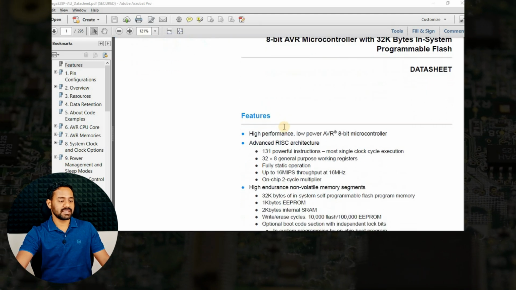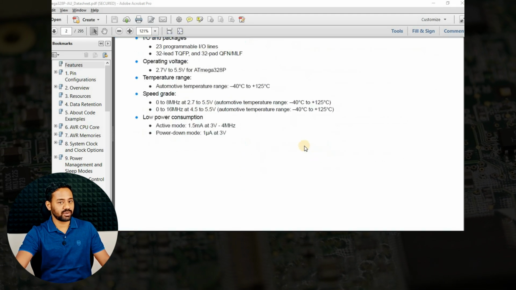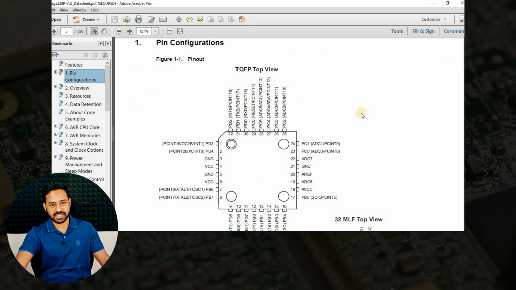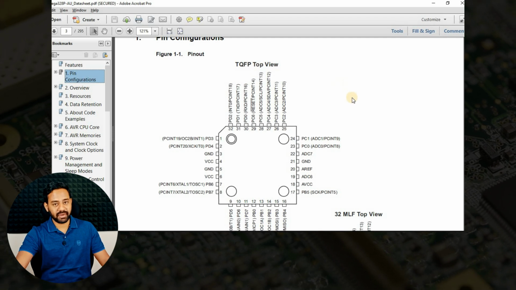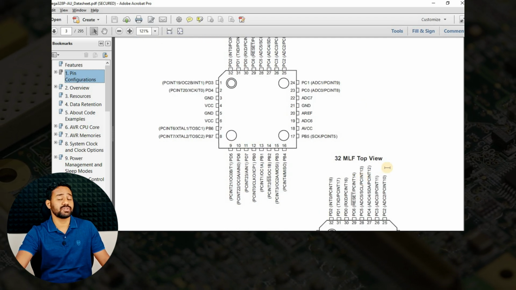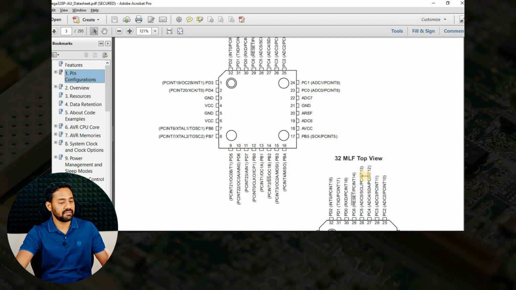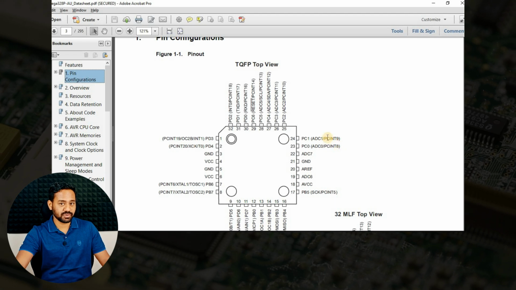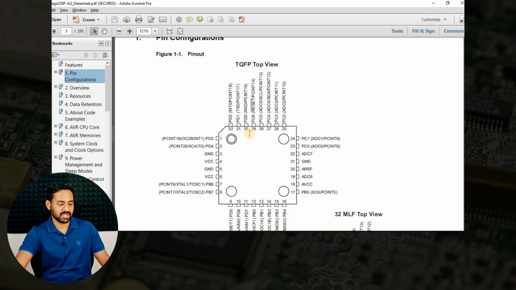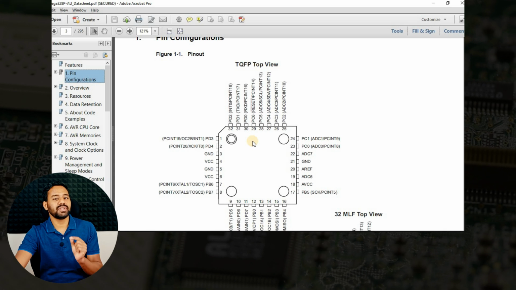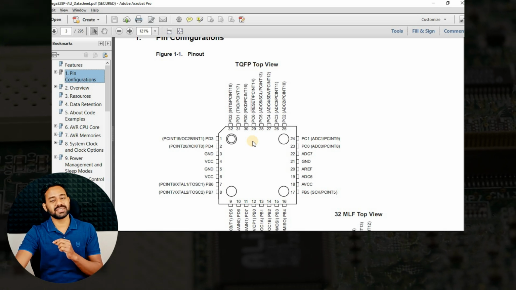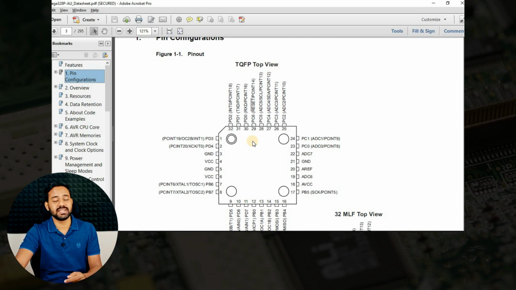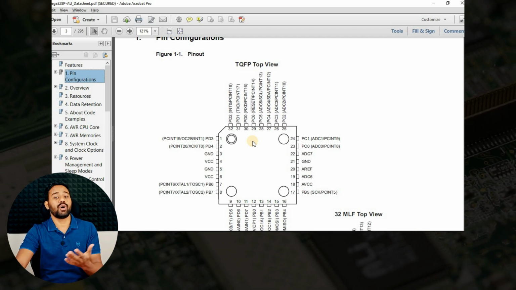First thing is, we can see a lot of features of this particular microcontroller listed on the first page, and then when we go to the pin configuration section, we can see that the TQFP package and the MLF package, which is also called the QFN package, are available in this datasheet. What we are going to refer to for this tutorial is the TQFP package, and notice this particular footprint design or schematic symbol design is different from the previous tutorial in this series, which covered